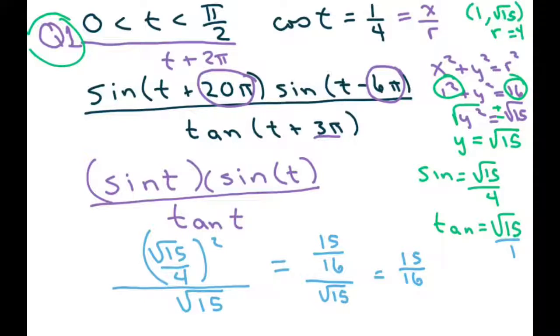That's the same as saying times 1 over square root of 15. So we get 15 over square root of 15 times 16. Now, when you rationalize the denominator,